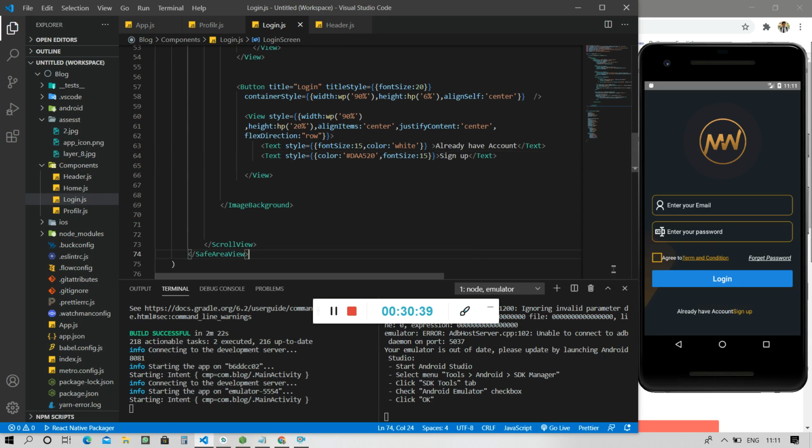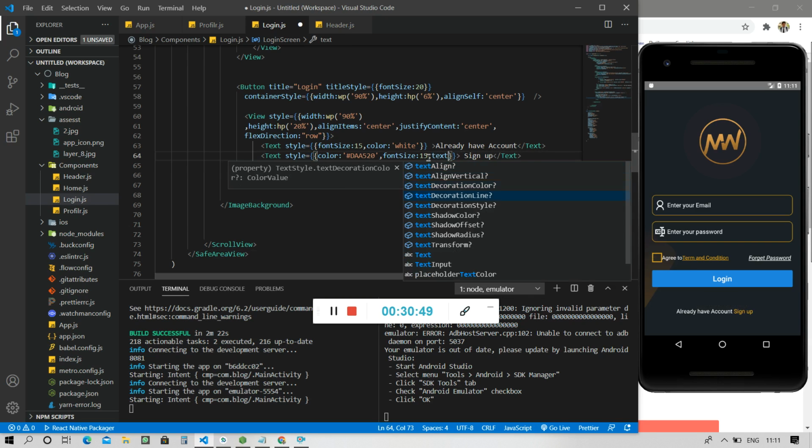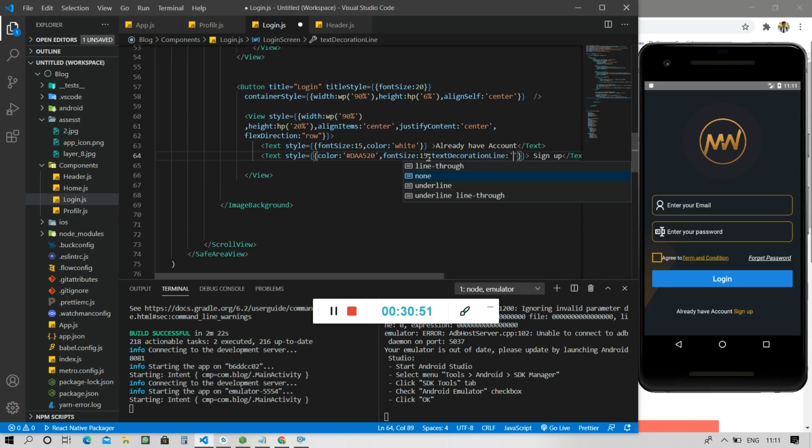Now it's looking good, and here giving some space. Control S. And give a text decoration line of underline.